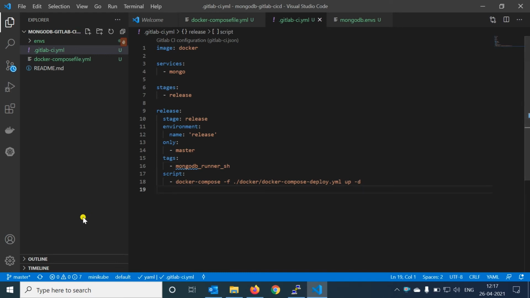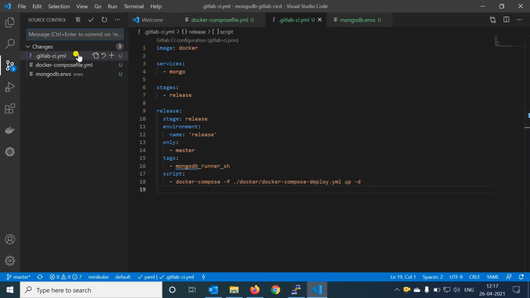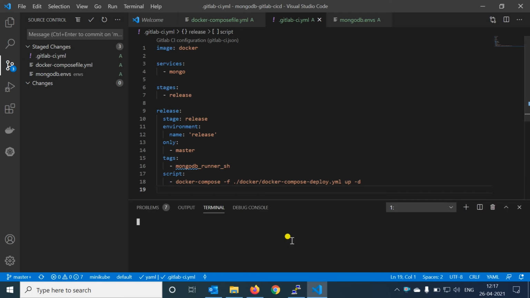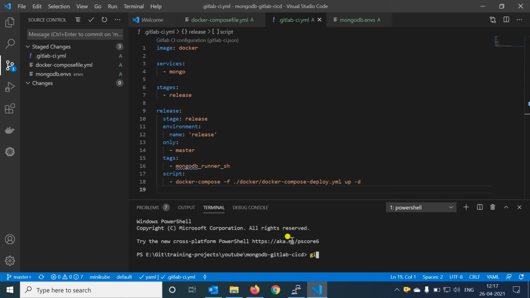I can stage the files which were changed here, and I can go with git commit -m, and the commit message is mongodb CI/CD deployment.